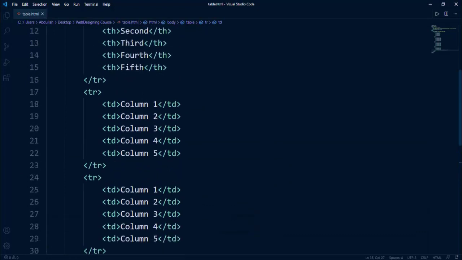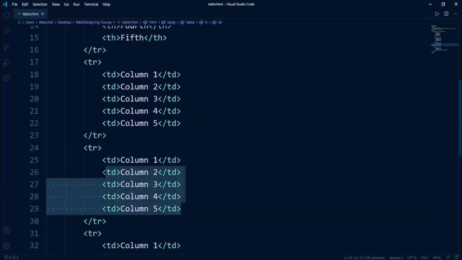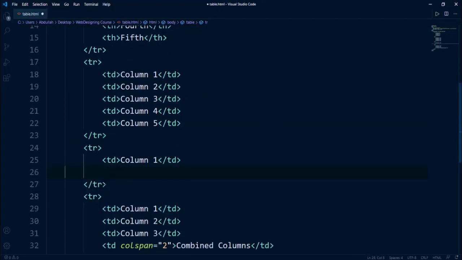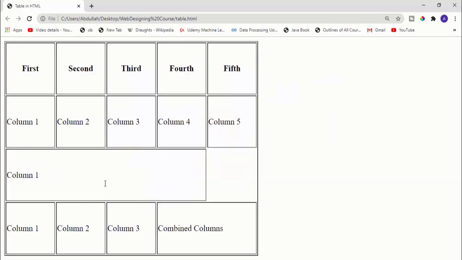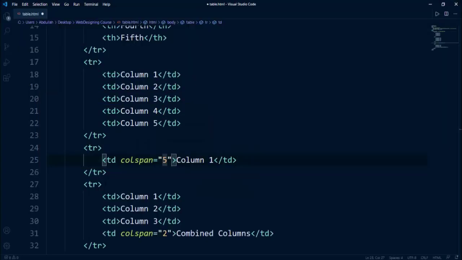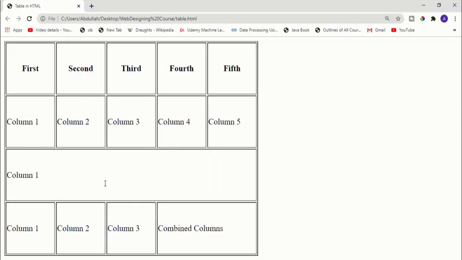So what I will do, I will go here, I will cut all these columns, and here I will say colspan 4. If I save this file, if I go back, if I refresh it, you can see we are spanning 4 columns, but actually we need to say 5. So if I refresh this now, you can see this one column is now spanning 5 columns, so it will reserve the space for 5 columns. Okay, so that's how we can span the columns.